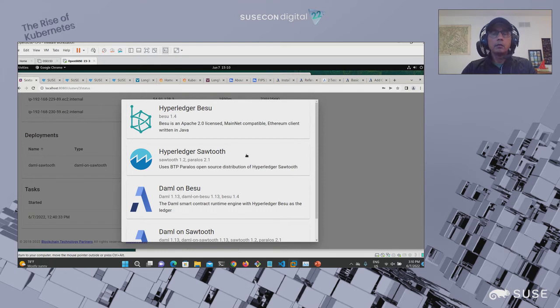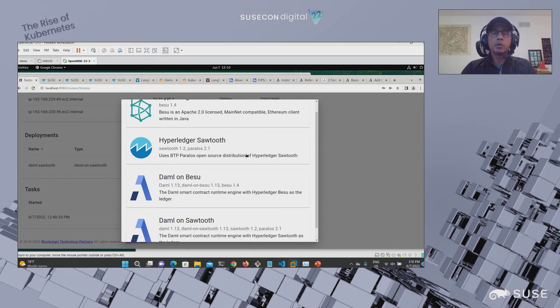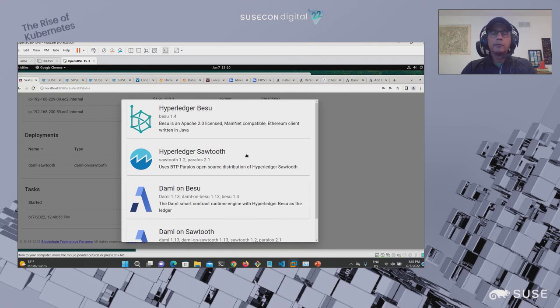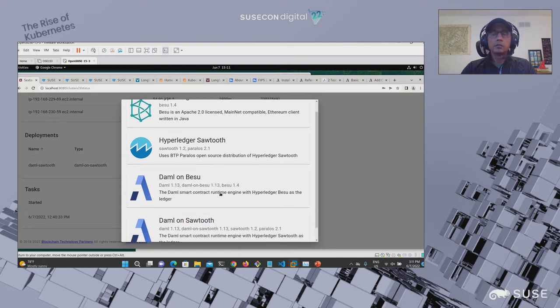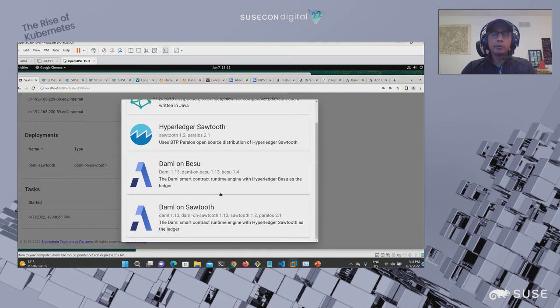So for the versions that we have right now in the marketplace, you have a choice between the flavors of Hyperledger from Besu, as well as the one from Sawtooth. And then on these Hyperledgers, there's further integration with DAML to be able to run smart contracts.